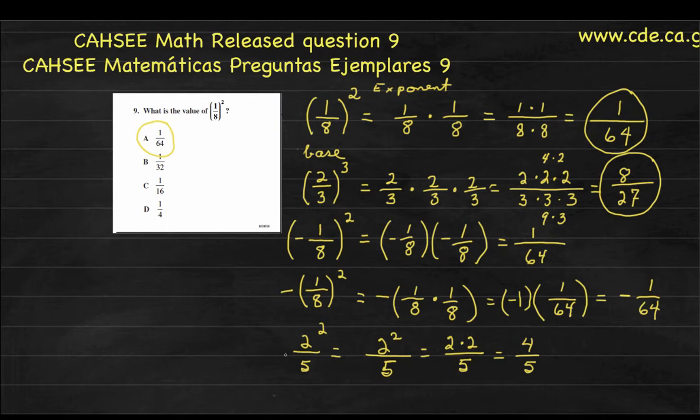That's the reason why anytime you want to raise a fraction to a higher power, you need to show parentheses around the base, around the entire base. If the base is negative, then you have to enclose the negative sign inside of the parentheses.